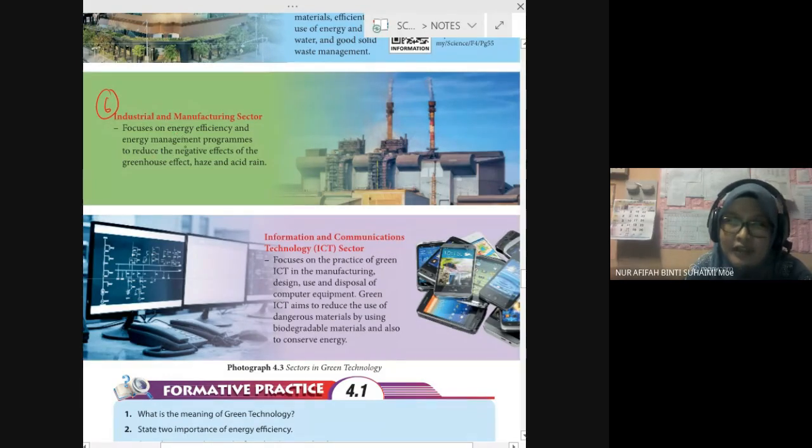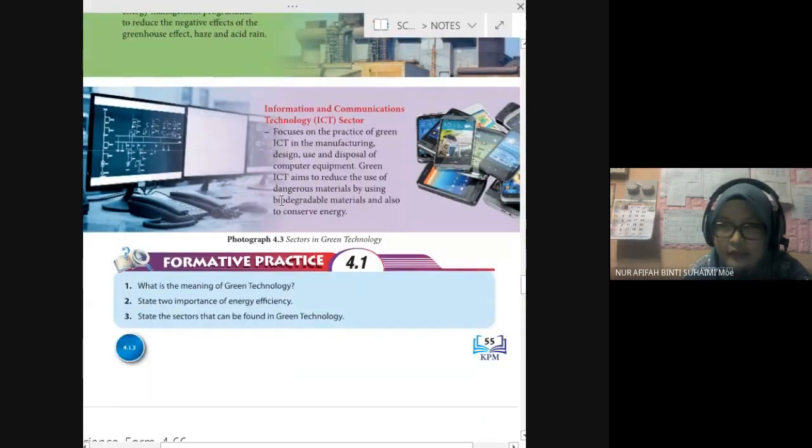This one is industry, factory. So this one we want to reduce the pollution. Pollution of water, acid rain and haze. And then ICT,